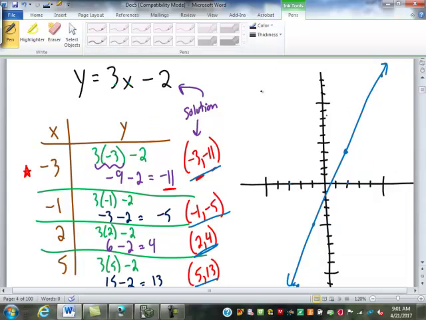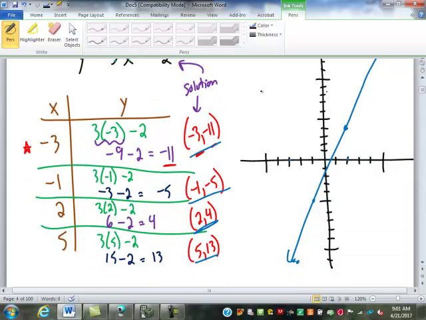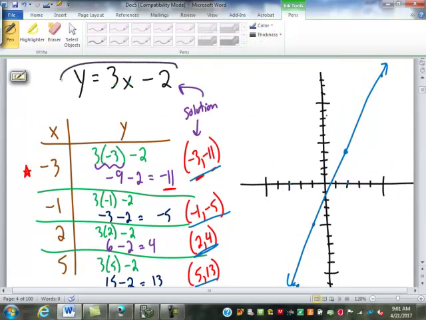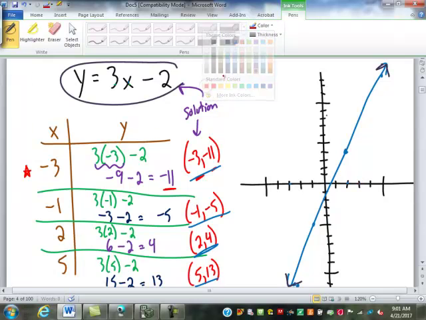What does that line represent? Well, that line represents every possible solution to this equation. Now you'll notice I put arrows on the end of that line because that line keeps going. I can go straight out in either direction for as far as I want to go, and I will keep finding solutions to that. We did not use 3 for x, but if I go here to 3